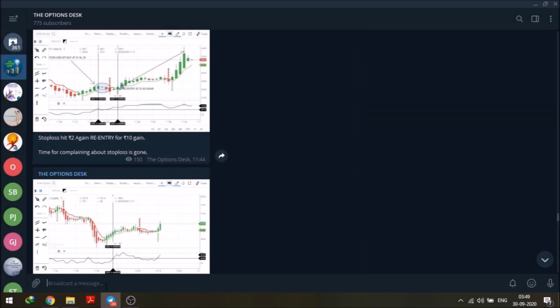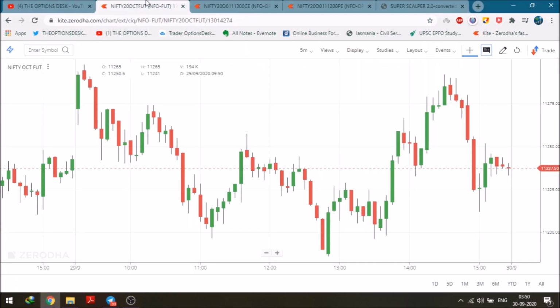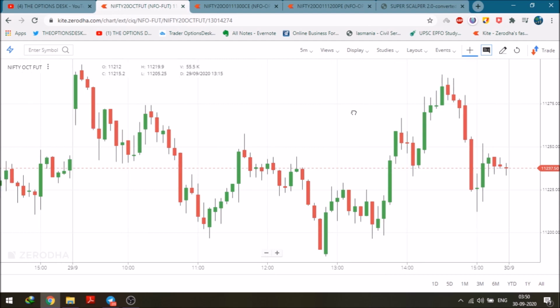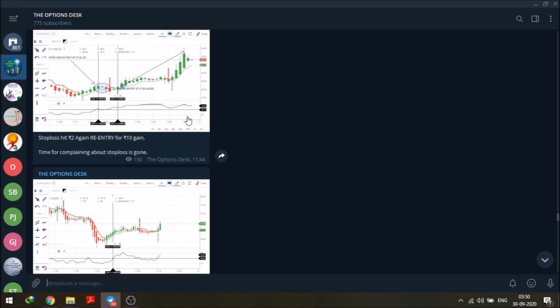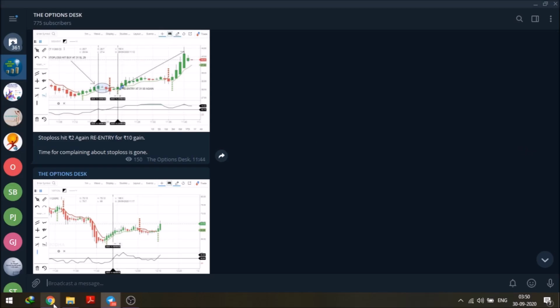So now let's start with the strategy. As you can see, the title of the strategy is the Super Scalper of the Nifty and the Bank Nifty. So let's start. I'm analyzing the strategy on a single daily basis. You can go and backtest the strategy on your own, and I've also provided some levels on my Telegram channel, like this, where the stop loss was hit and then the trade was again taken. I will explain each and everything, just hold on.